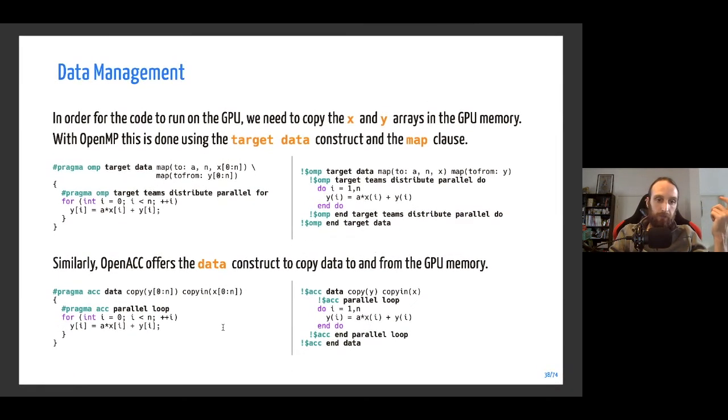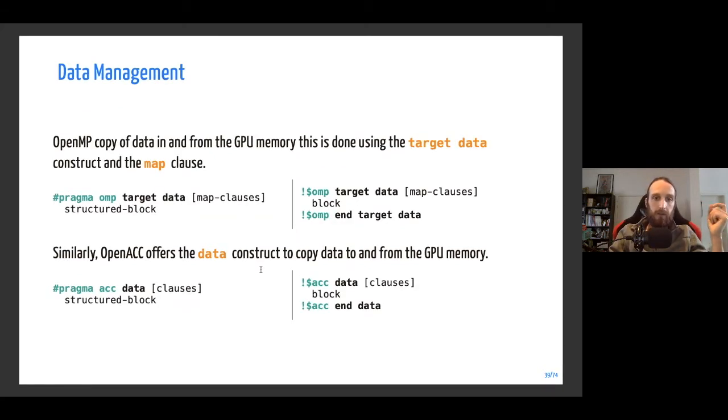In OpenACC, you have a similar keyword, which is data. Then you use the copy clause to say that you want to copy to and from, so at the beginning of the calculation and after the calculation, and copy in means that it should be copied to the memory only before the calculation, but it should not be copied back to the CPU memory.